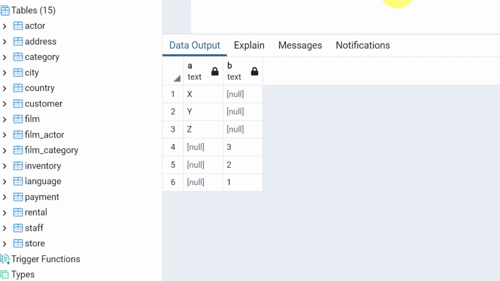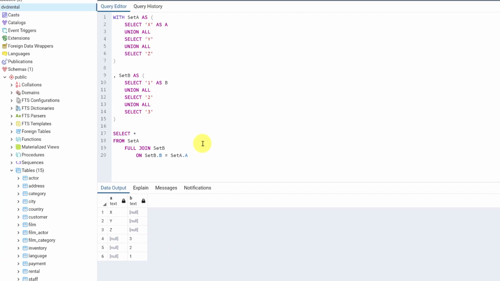As you can see already, it lives up to the description that I gave it a moment ago. We are getting all of the matching and non-matching records from both tables. In this case, none of the records match, so it's 100% non-matching. However, let's demonstrate how this can change. Let's take our Y row in the first CTE, change its value to 3, and then run the query again.